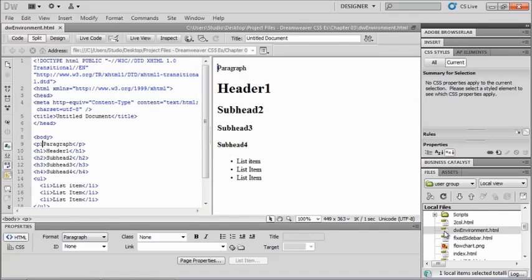Once I open this up, let's go into split view if it's not already, so that you can take a look at the page itself and the elements over on the left-hand side. If we're taking a look at the structure itself, we notice that the very first thing that we see